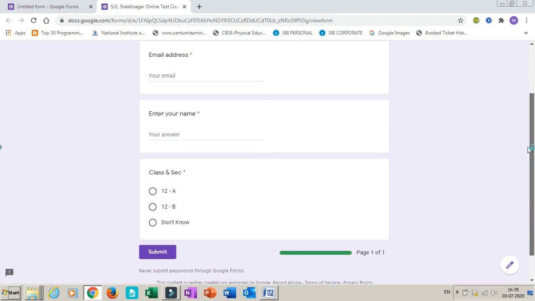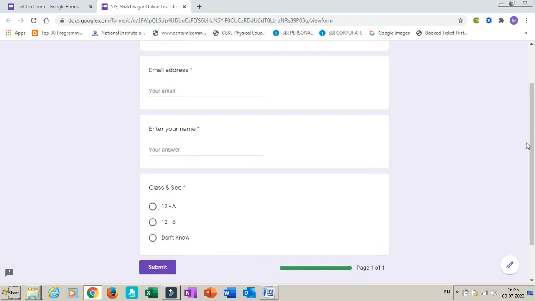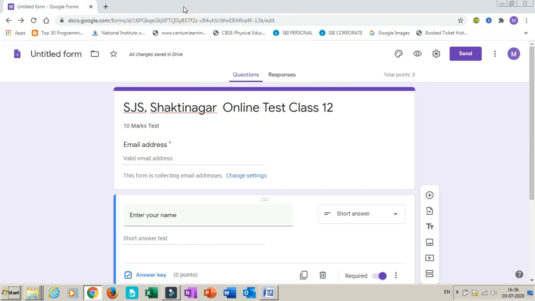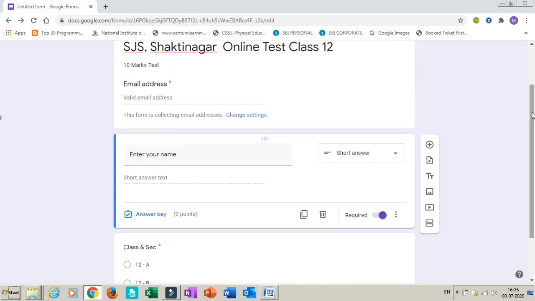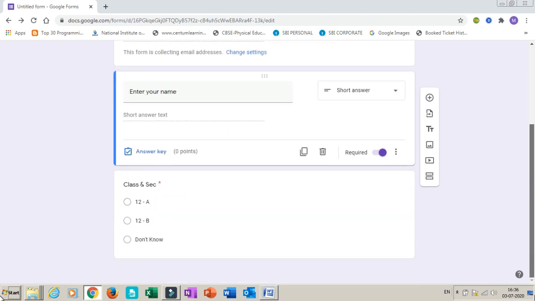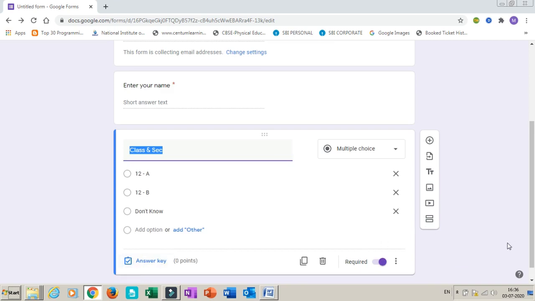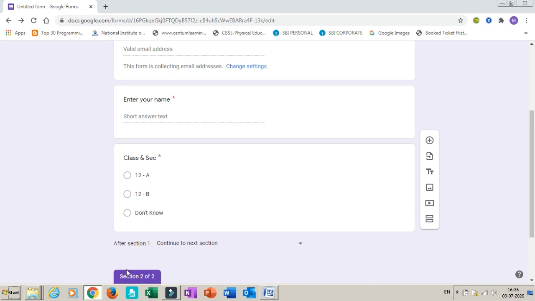Now this is the first page. Now after submitting this, I want the next page where the student can see the questions. So this is the first page. Now I want to create the questions on the second page. You can create on the first page also. So to create the next page or to change the page, you can see here, this is add section. I have to add the section at the bottom, at the last. After this, I have to add a section. So add section. You can see a new section has been added.